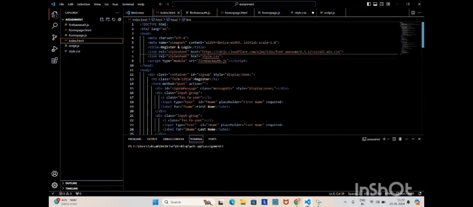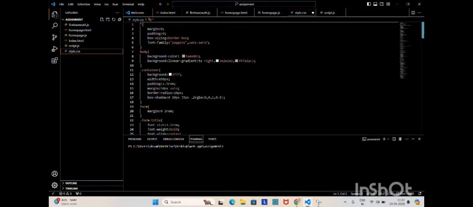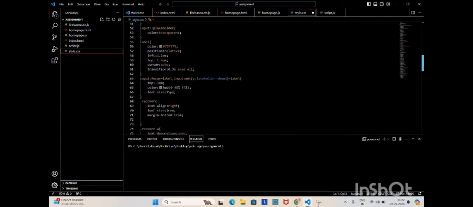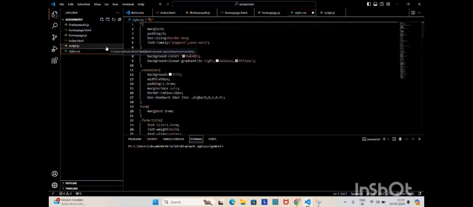And then CSS. In this CSS code, we have to include all the styling elements. I have included what color I want on my login page, and the sign in buttons, sign up buttons, login buttons, logout buttons, like this. I have also included the padding, background colors, positions, outlines. And after sign in or sign up, we will be directed to the home page, and that is where we have